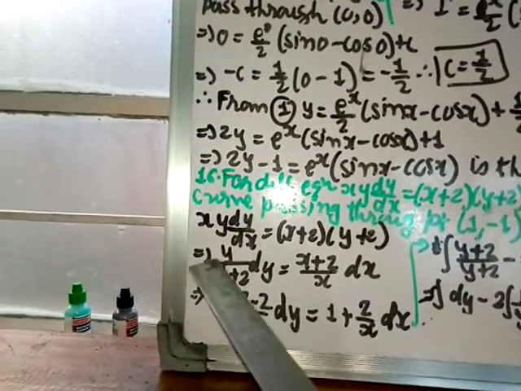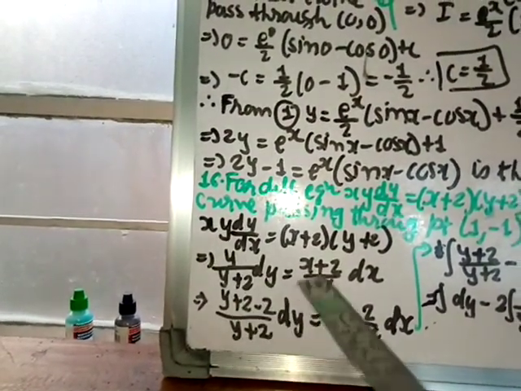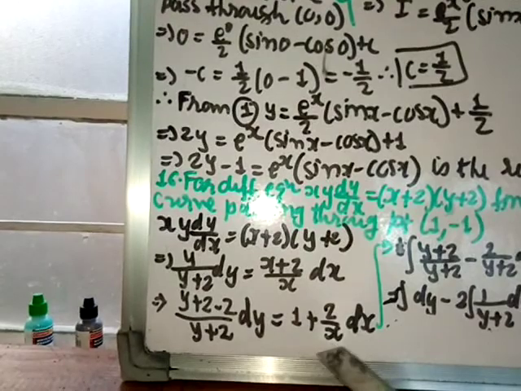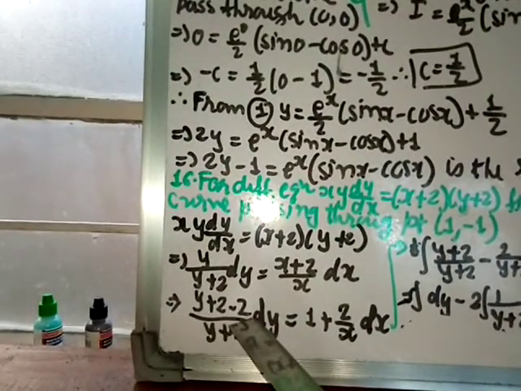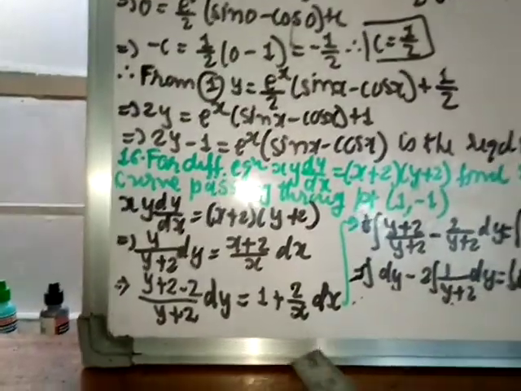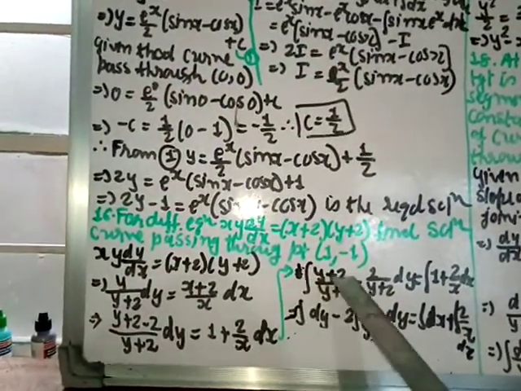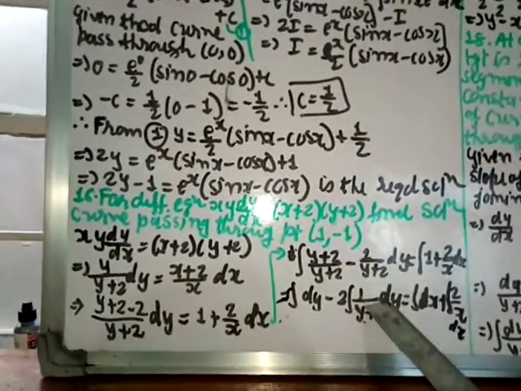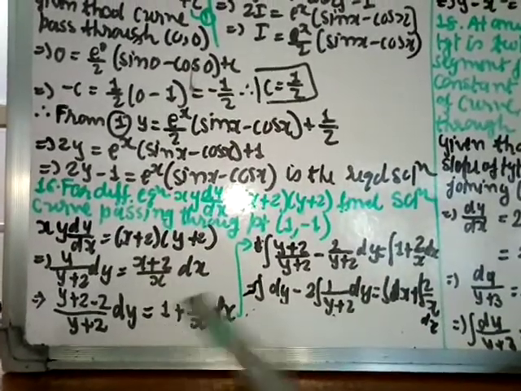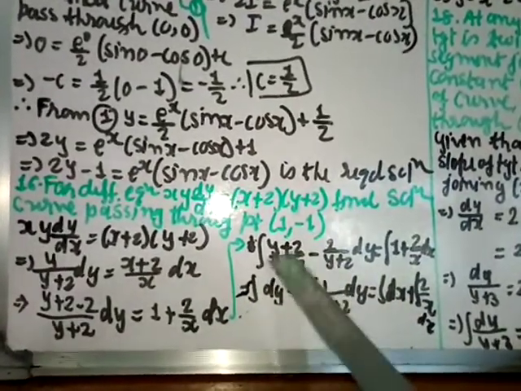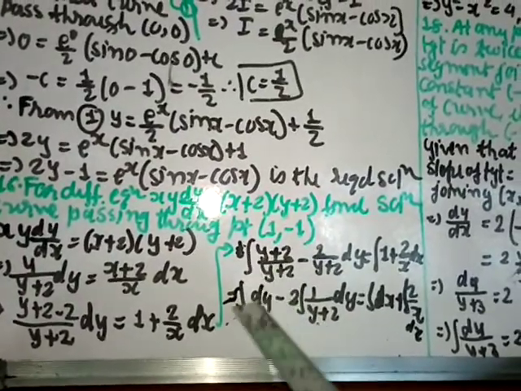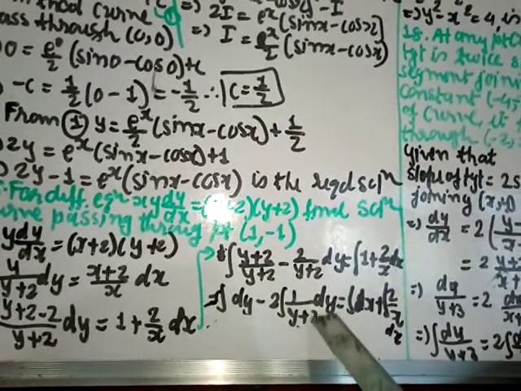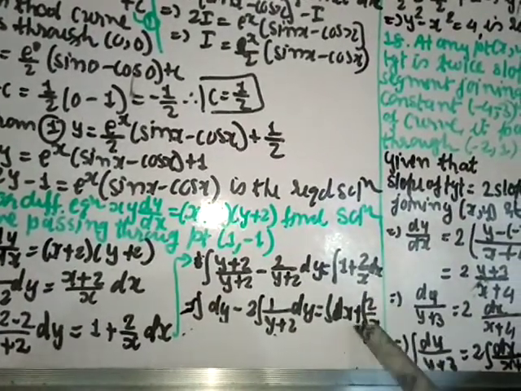Now here y plus 2 is there, so I am adding 2 and minusing 2 in the numerator here. Here I am just separating x by x plus 2 by x. So x by x gives you 1 and 2 by x dx. And here adding 2 and minusing 2, and then this 2 I am separating, and I am integrating both sides. So when you integrate, the integral of y plus 2 by y plus 2 minus 2 by y plus 2, dy, equal to the integral of 1 plus 2 by x dx. This gives you the integral of dy, because you cut, it gives you 1, so 1 dy, minus 2 times the integral of 1 by y plus 2 dy, equal to the integral dx plus the integral 2 by x dx.